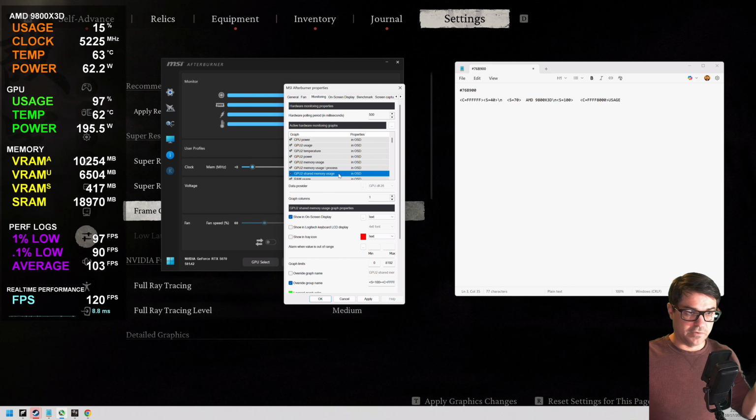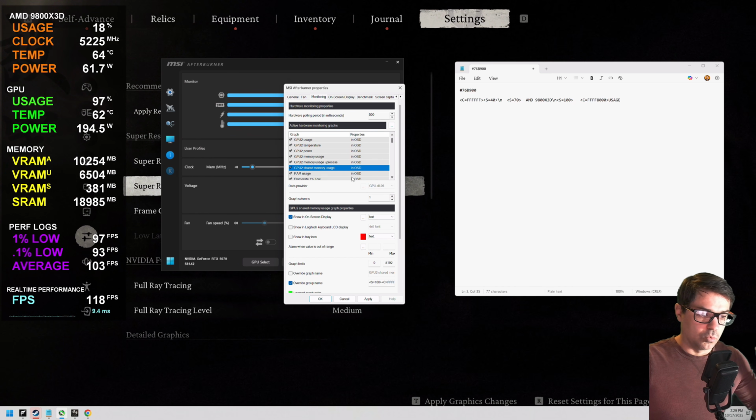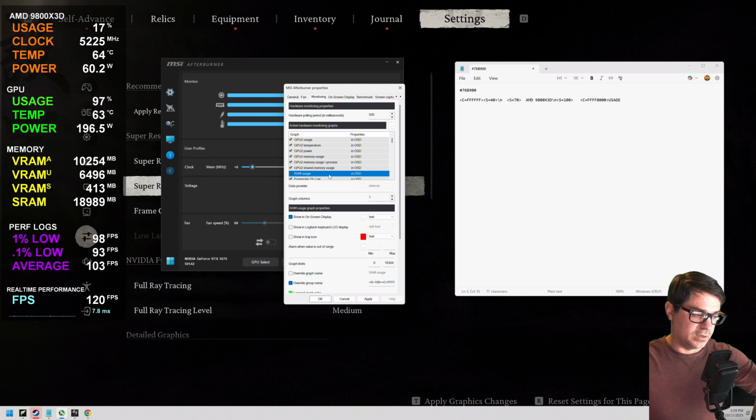Whenever I see that number go up in some of my videos, I say, okay, we're spilling over. That's what that setting does right there. RAM usage is just your system RAM. I indicated that over here with SRAM. Then of course you've got your frame rate 1% lows, 0.1% lows, frame rate average, frame rate, and then frame